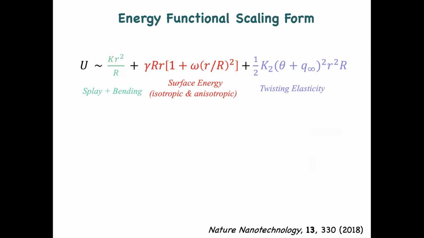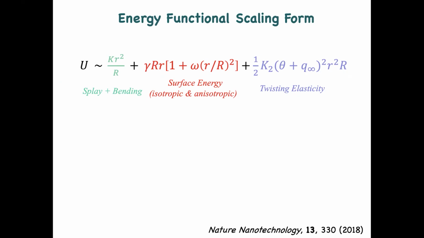I showed you before that they are very, very close. Then you have another term, which is the surface energy. But the surface energy, this is the usual guy. Now, because we have a possibility to have different orientation, we have an isotropic and anisotropic term, which is called the anchoring strength, and this is basically the aspect ratio. So if you have it orthogonal, this is 1. If you have it parallel, this is 0.